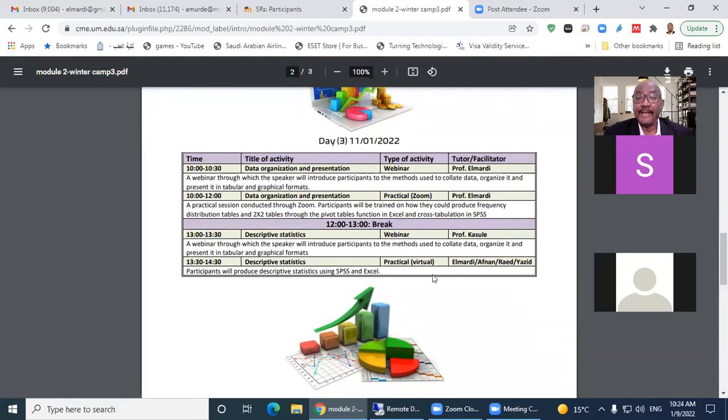Now, on the third day, how are you going to organize data and produce something presentable? And this something which is presentable can be a table, and it can be a graph. So the third day is about how you produce tables and graphs from data which is already entered into SPSS or Excel. And by the way, at this junction, we want you all before Tuesday to download